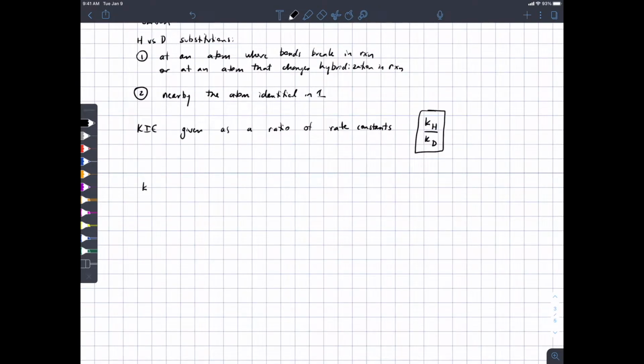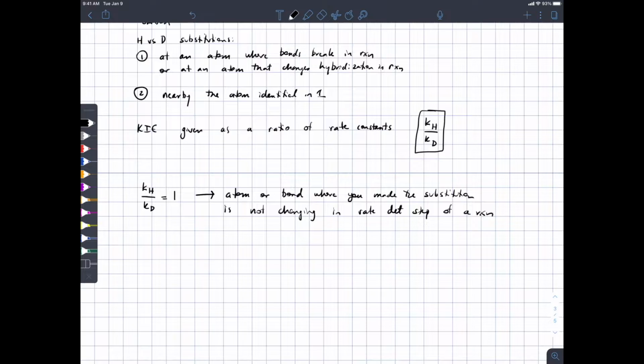Well, if it makes no difference at all whether you've got hydrogen or deuterium at a given position, then the atom or bond where you made the substitution is not changing in the rate determining step